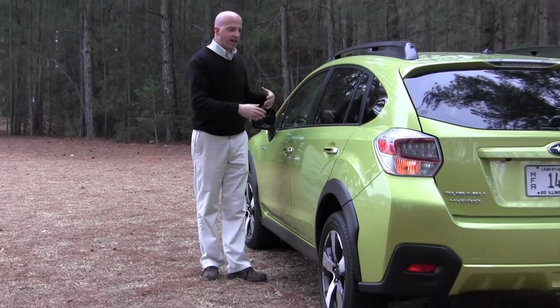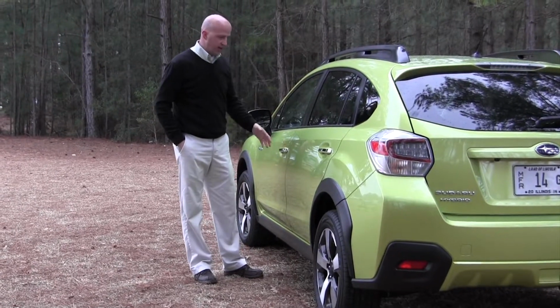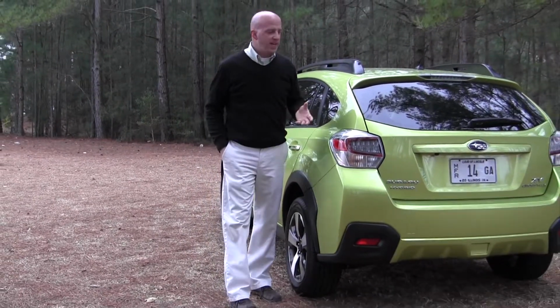You press that, and it will unlock or lock the vehicle. Now, of course, you don't even have to touch anything at all. Pull on the handle and it'll let you right in. Now, as you swing around back to the cargo area, the best part about this vehicle and the fact that